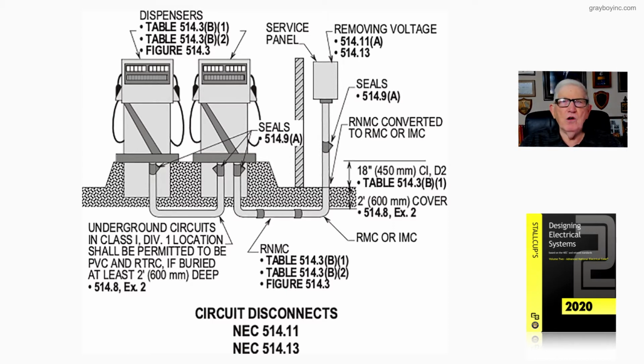Now, in your code book, you could look at page 419 in the 2020 NEC, and kind of coming out the gate, 514.11(A) deals with an emergency disconnect. Of course, it could be located anywhere in accordance with the authority having jurisdiction and the fire department. And we could also look at NFPA 30A and look at